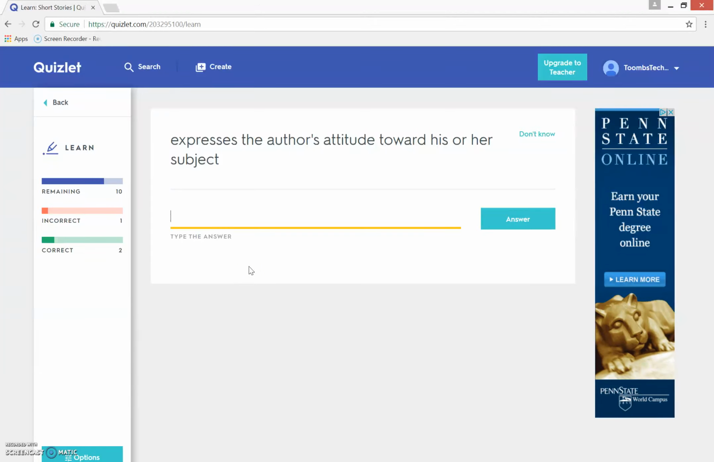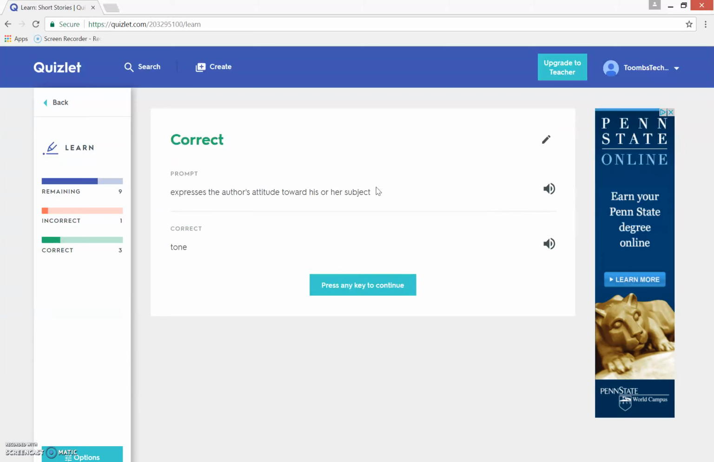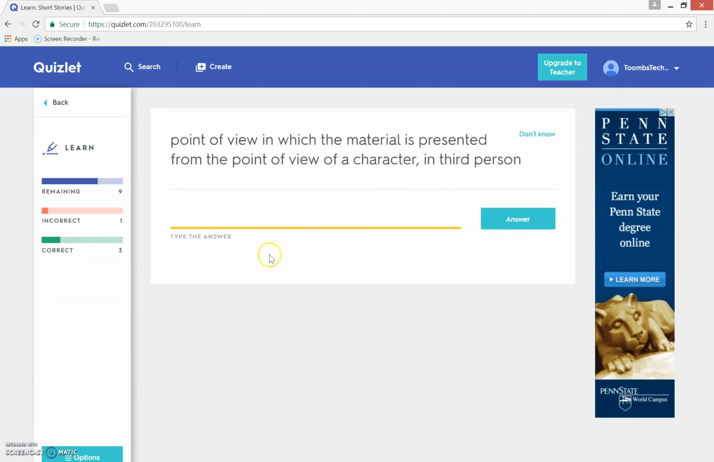So expresses the author's attitude towards his or her subject. Now, students are probably in their head going to have a conflict on here. Is it mood? Is it tone? So if they don't know, they can type it in and try it. I'm going to go ahead and just type it in and hope that I got it right. Tone, it was correct. All right, and so we'll press any key to continue, and then through the end of